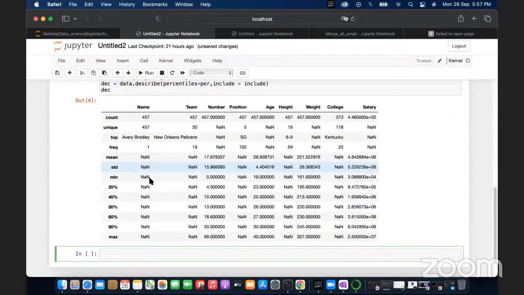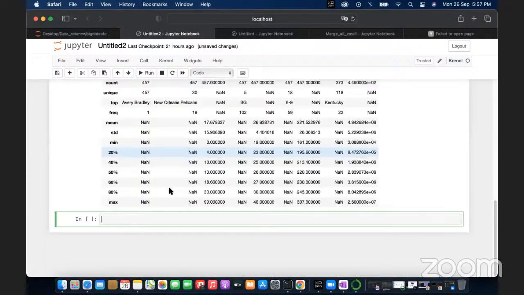If we get a big data set initially and call the describe method, we will get a pretty description of the data set. After this method,